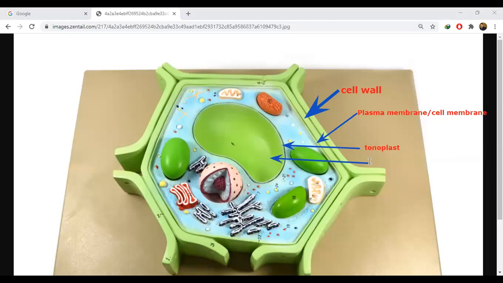And this component is called cell sap. Both of them together,